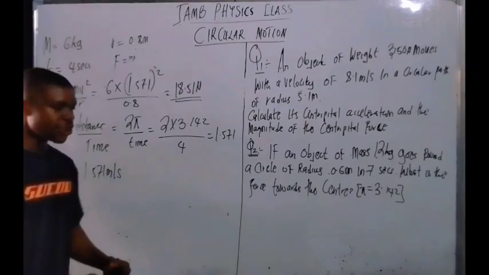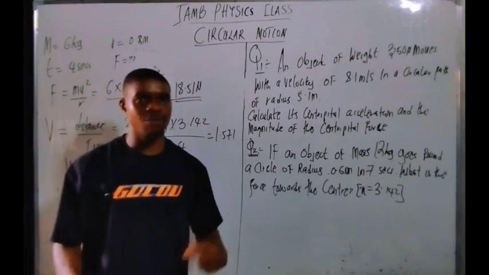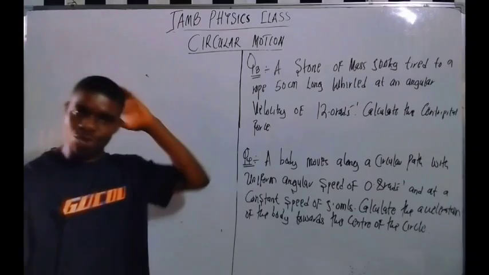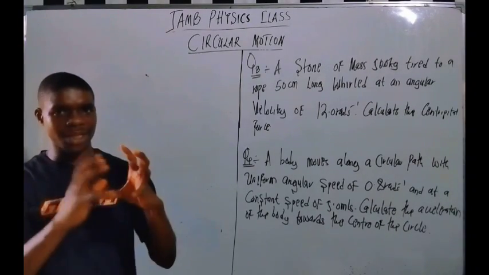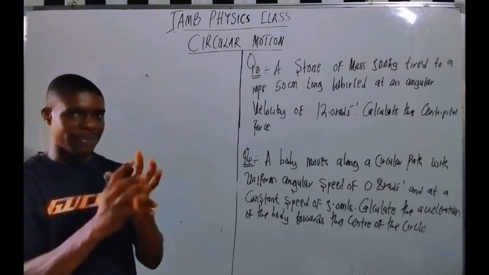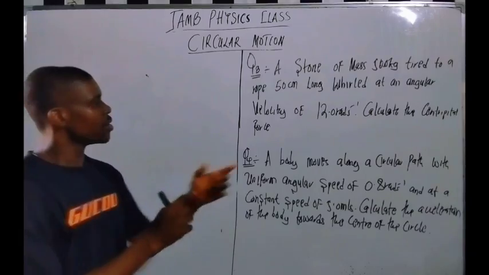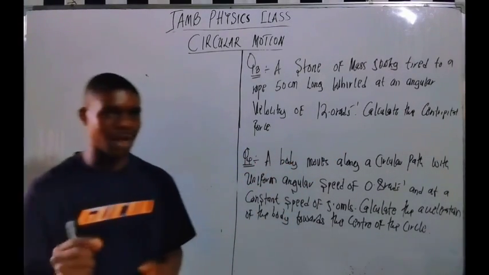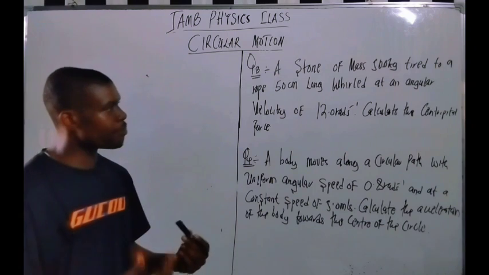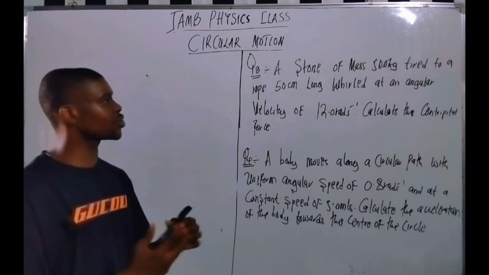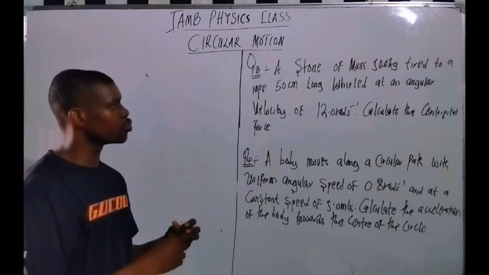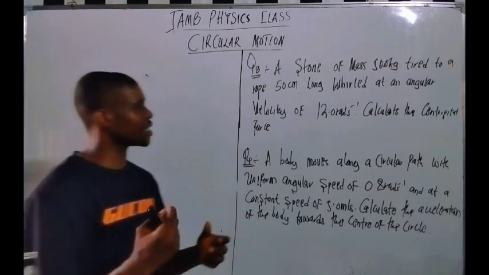So let's see if we can solve more problems. Now let's solve these two questions. This one is a little bit complex because here we have rad per second, right? So please pay close attention. You see that a stone of mass 500 kg is tied to a rope 50 cm long,